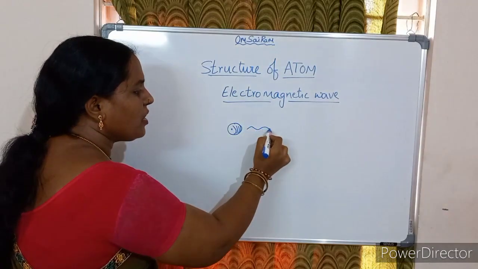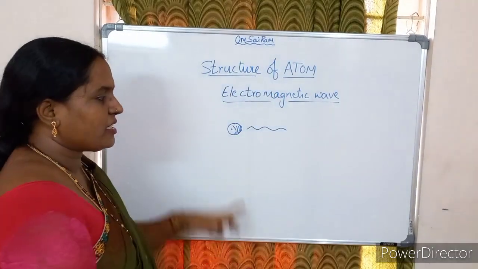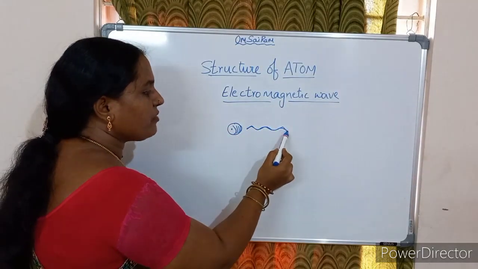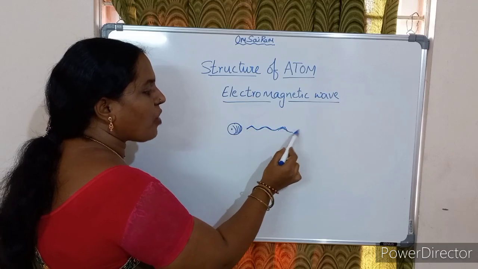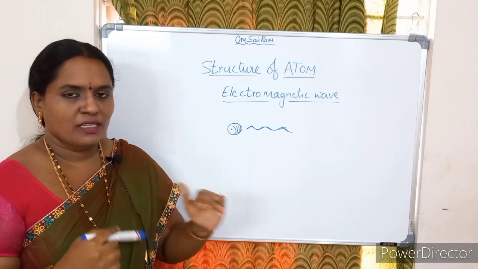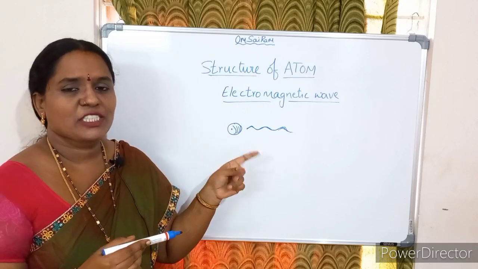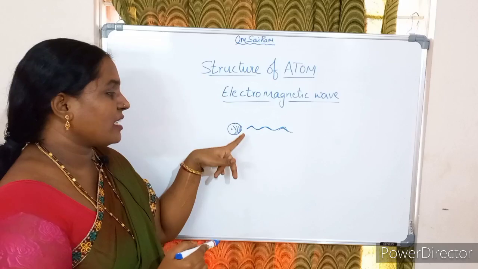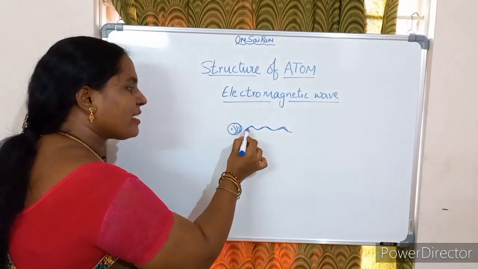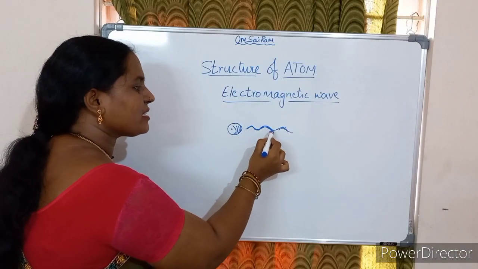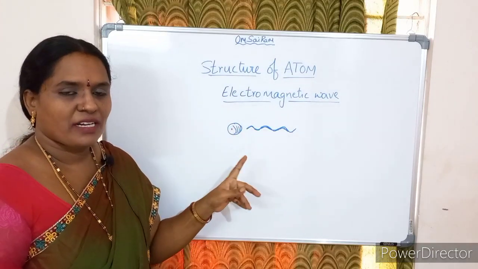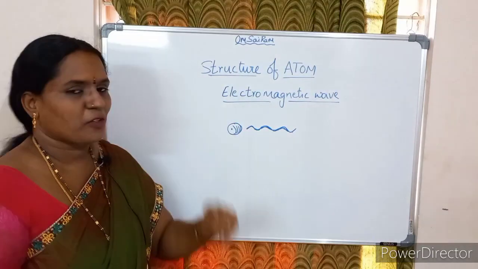We can observe the waves, water waves. A disturbance created by the stone has disturbed the surrounding water. Thus that disturbance is propagated in the form of a wave. A wave has a crest, a trough, a crest, a trough, a crest, a trough. Similarly, take this as an example and understand the electromagnetic wave.